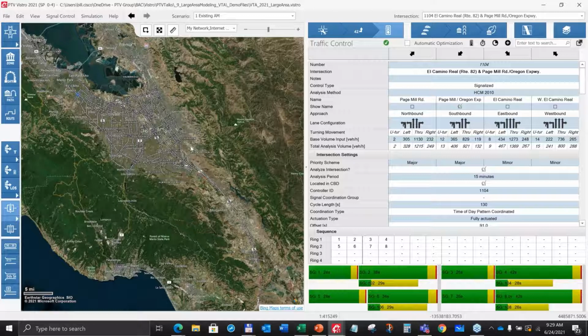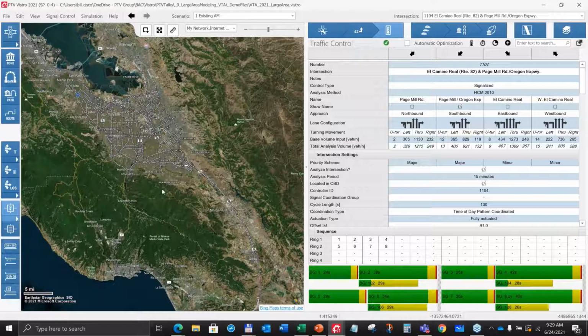But it's live in terms of the fact that when I pan around, of course, the background map goes with me because it's a satellite image. But here is a quick overview of the 252 signal intersection VTA's CMP network. And as Eugene described, this is basically in the San Jose, California area.